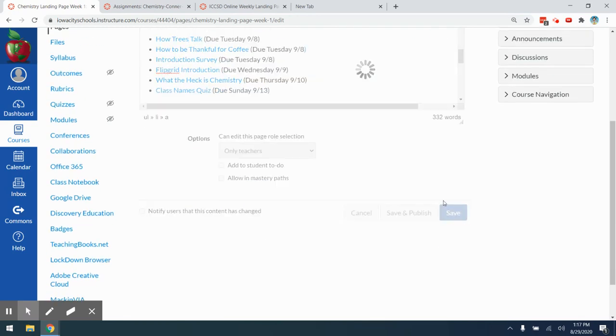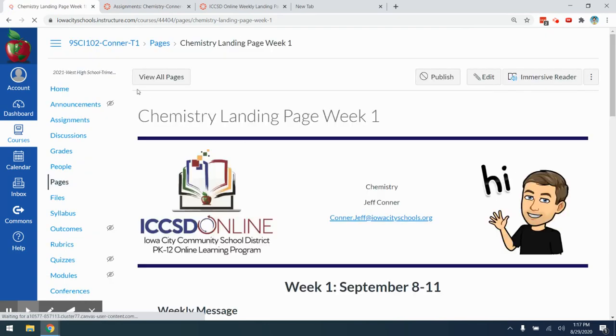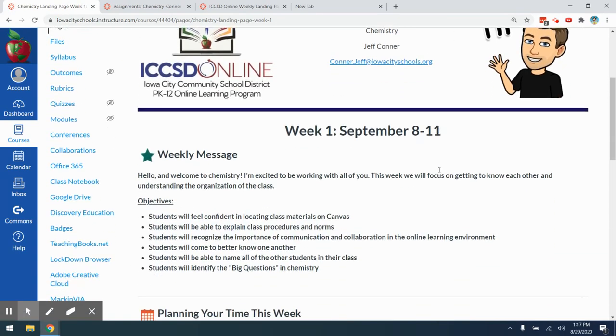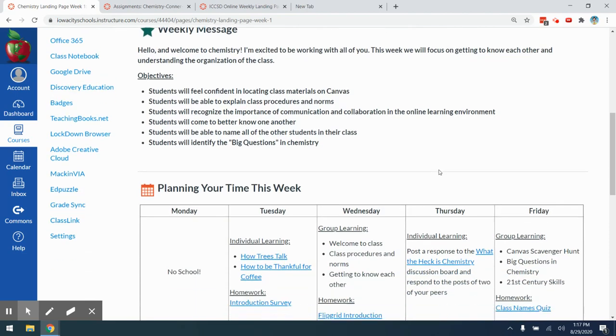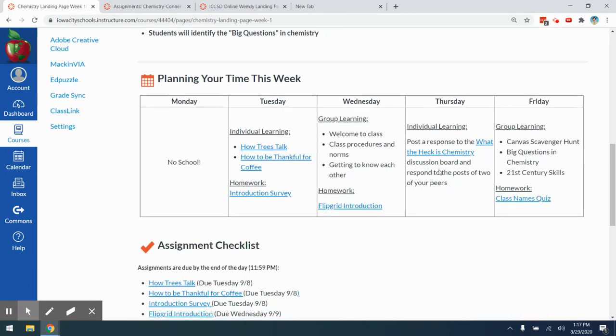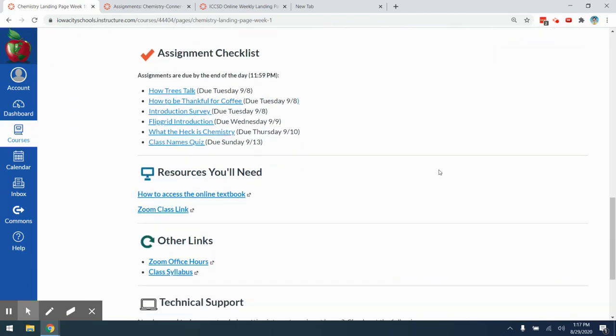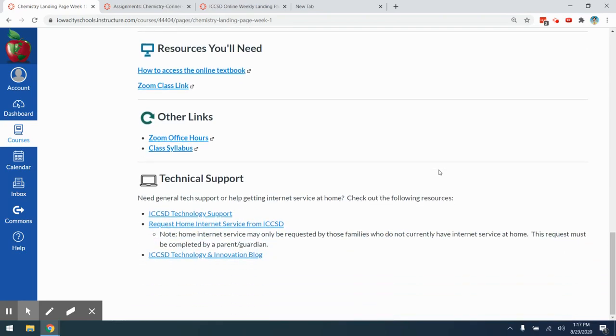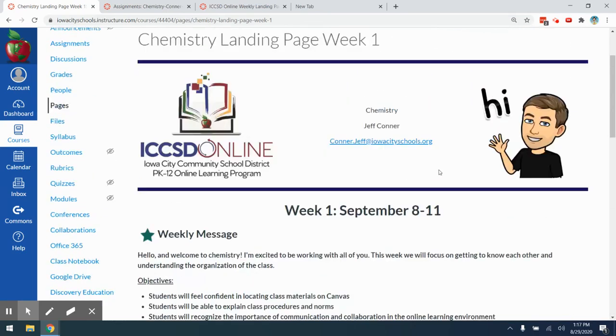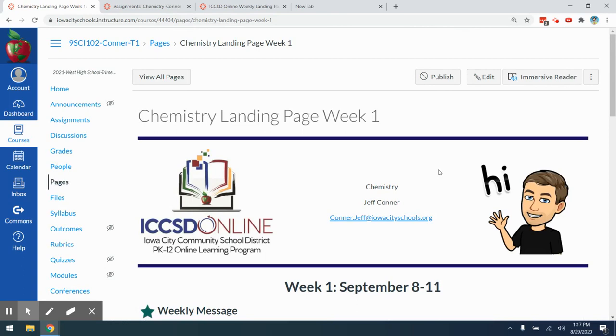I'm going to save this and go ahead and check out how it looks. All right, that looks pretty nice. The next thing I'm going to show you is how to transition from one week to another. So if you click on View All Pages,